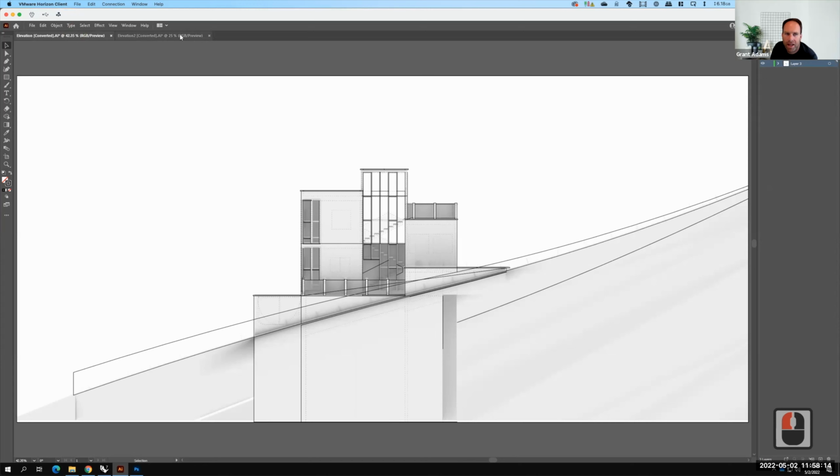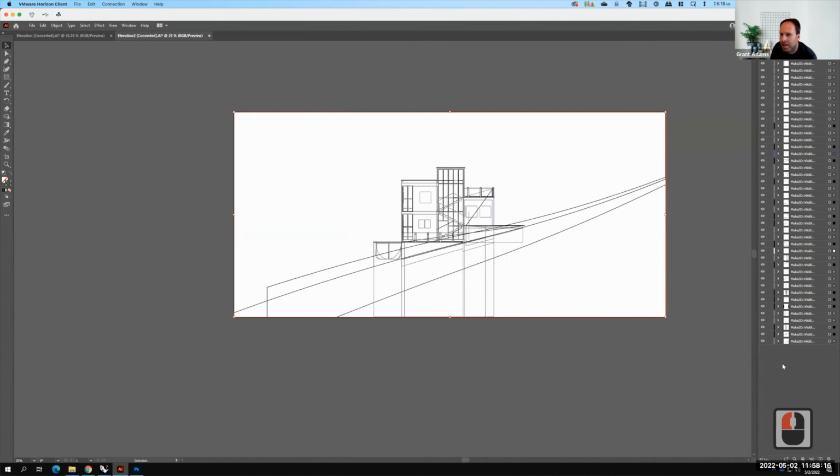So the advantage, while it's a little bit more daunting, is that I have control over everything that's been separated out by different layers. So the first thing that I would do is I would go through and I would select all of the visible layers and put them together. So let's create a new layer, and I'm going to call this one visible. Then I would take everything that has a visible,